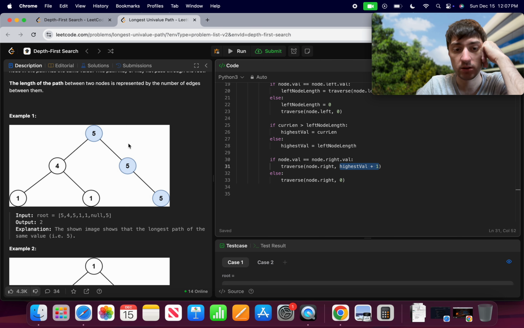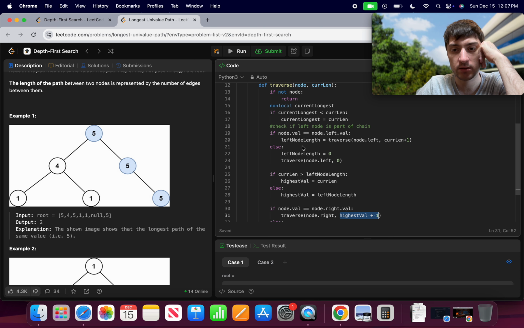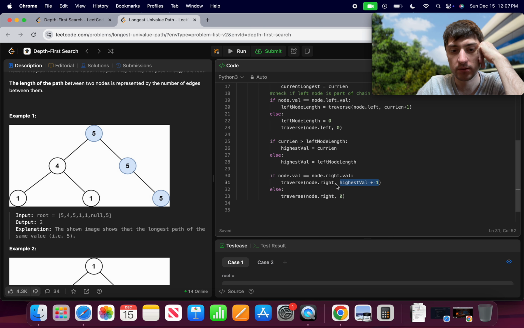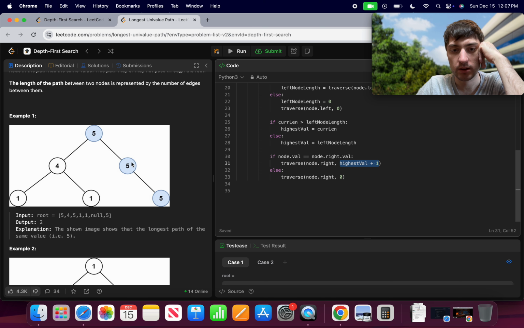So now it's 2. And now I'm at this node, and I immediately update current longest to be equal to 2. Then I say no and no, and then I pop back up to here, and then I pop back up to here, and each time I do that, I need to be returning